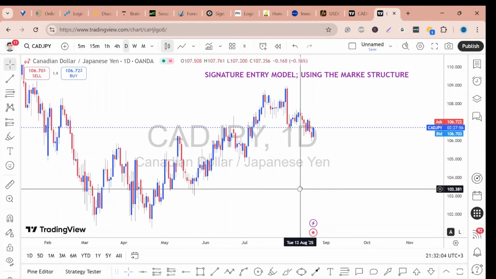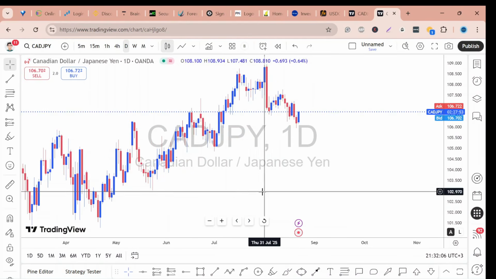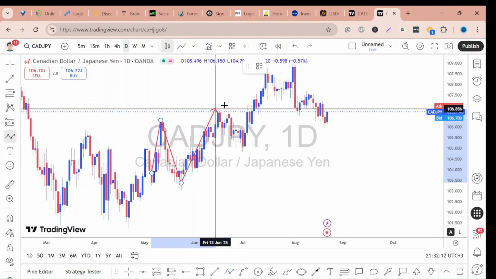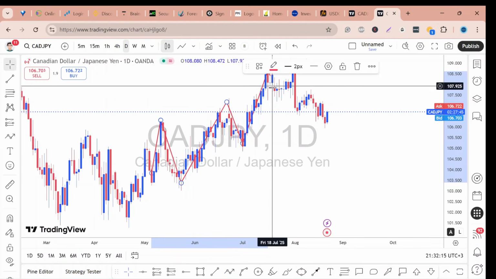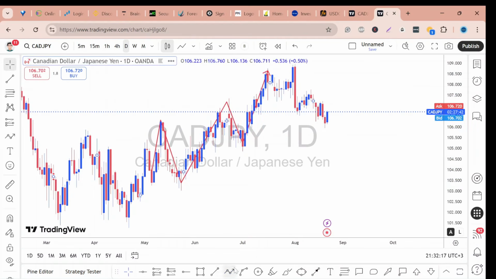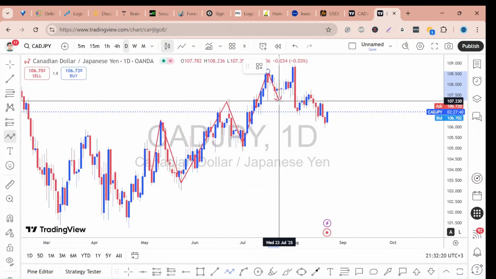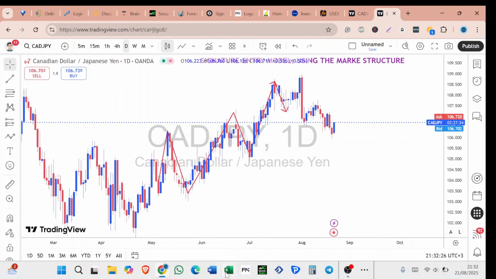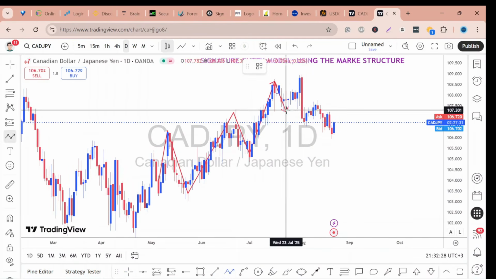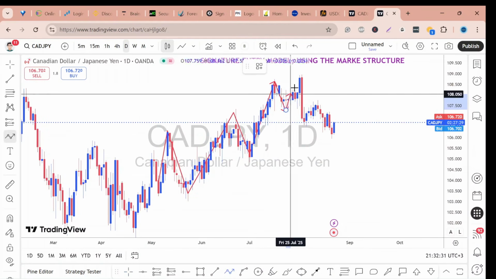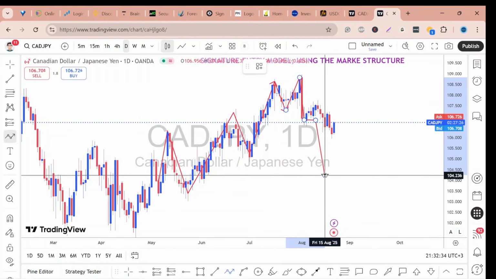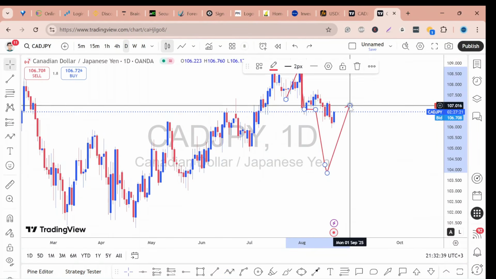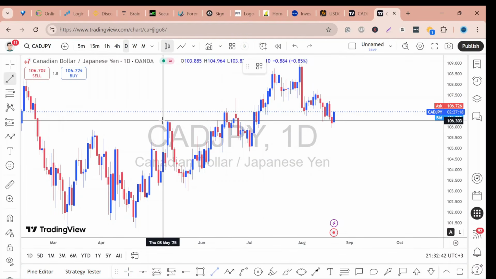Looking at CAD-JPY, this is the chart that we have. As you can see, the market from a daily perspective was making a series of higher highs and higher lows, but once we got to this point again, you can see the market was kind of slowing down, even from the final move that the market made here. You can see the market is a little bit tired, and unlike the previous breaks of structure on this side,